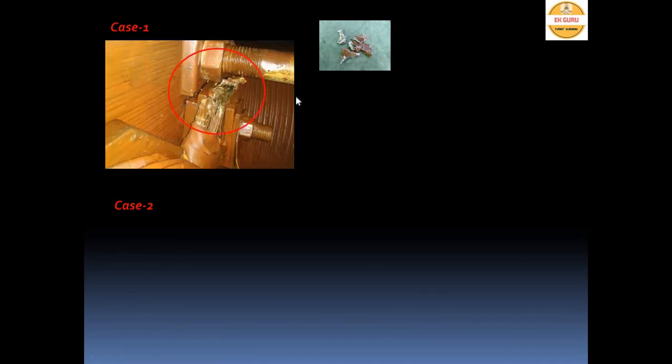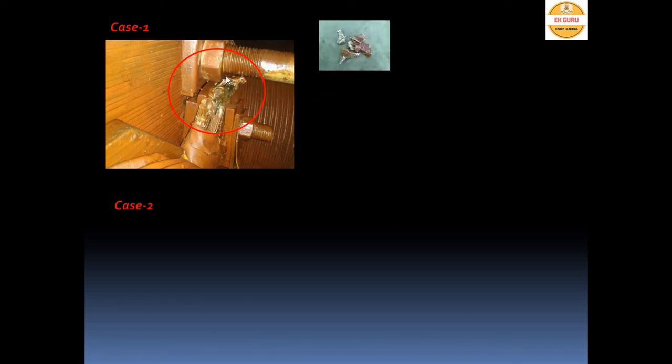Here are some practical cases of rotor earth fault. Case 1: this is the pole to pole joint. This one is pole 1 and this one is pole 2. The interconnecting joint got connected to this stud, and this stud is connected to the core. That part is earthed; this is the grounded part. So this pole to pole joint is connected to this bolt, and then we get the rotor earth fault alarm. With inspection, we found this interconnecting joint is connected to earth. If you remove this portion, if you isolate it, then the fault can be reset.